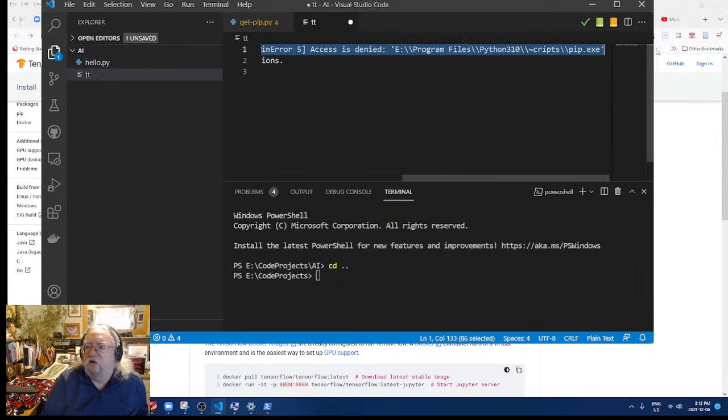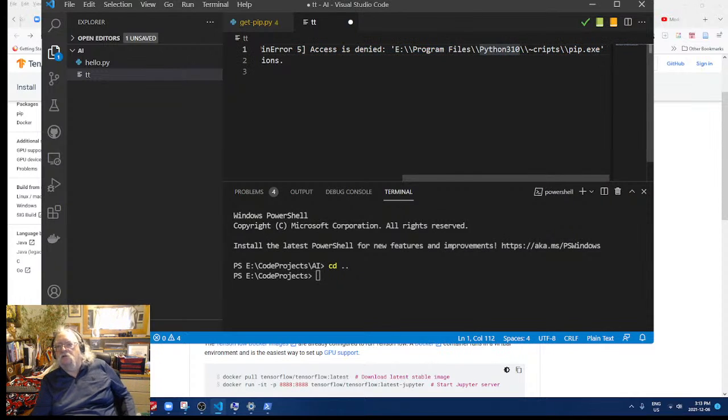E, Program Files, Scripts, pip. Yeah. With all those double slashes, it almost looks like an error, eh? And then it says crypts. That's a typo. Look at that. It's got to be Scripts.